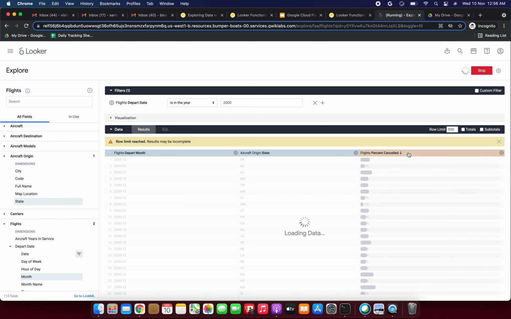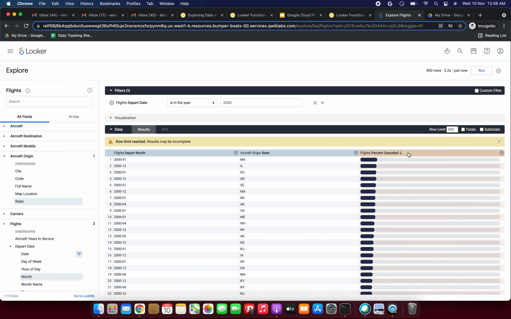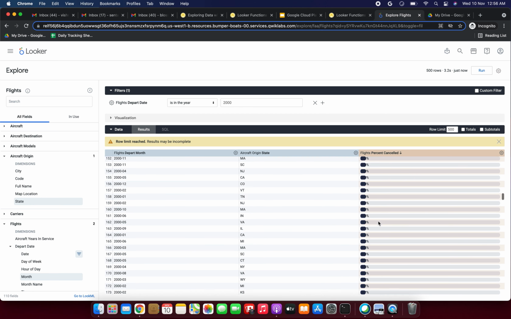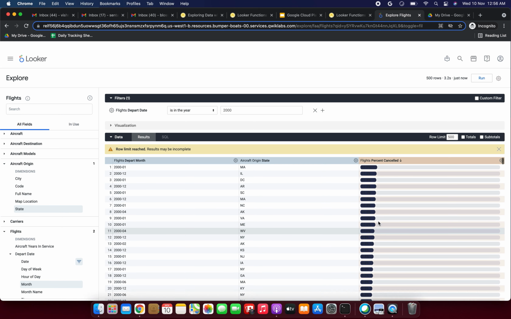I have clicked it, so it is loading right now. Let's wait for it, friends. So it will come from high to low. The person cancelled, you can see from high to low it is coming. So you can see the difference now. Okay, great. Now it has been done.